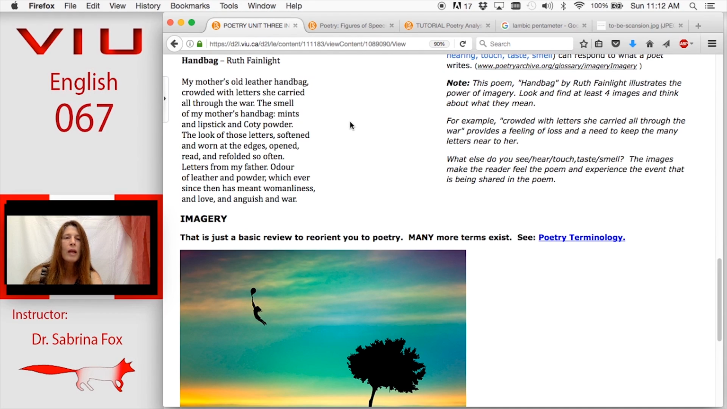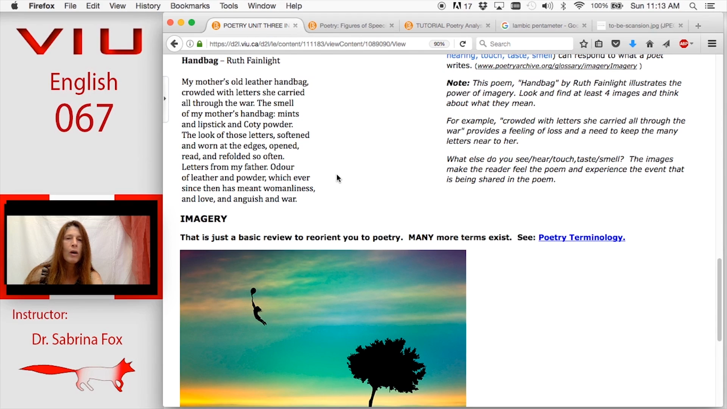My mother's old leather handbag, crowded with letters she carried, all throughout the war. The smell of my mother's handbag, mints and lipstick and Coty powder. The look of those letters softened and worn at the edges, opened, read, and folded so often. Letters from my father. Odor of leather and powder, which ever since then has meant womanliness and love and anguish